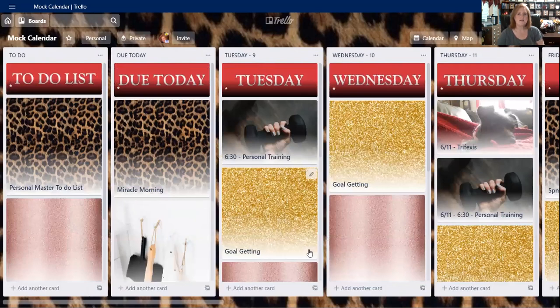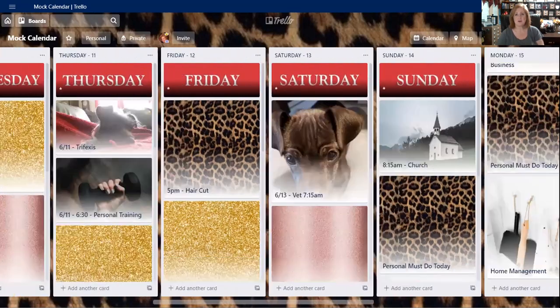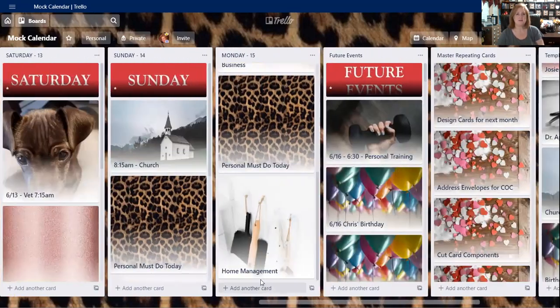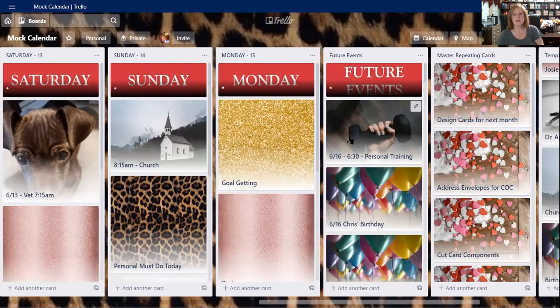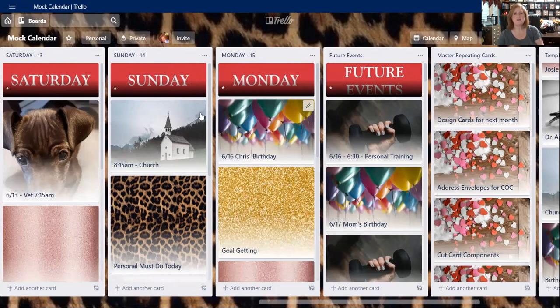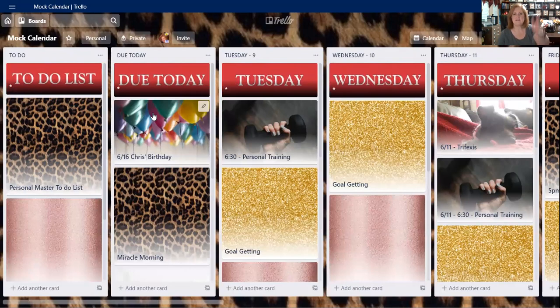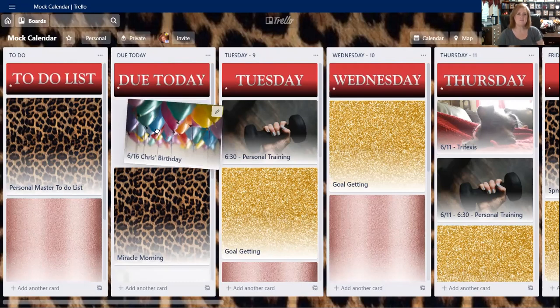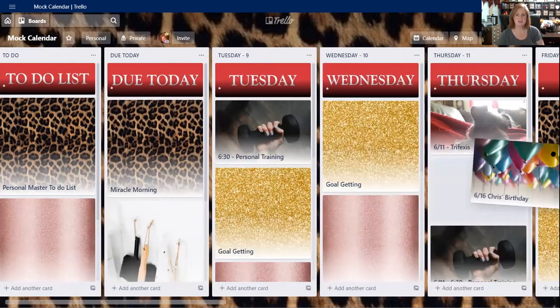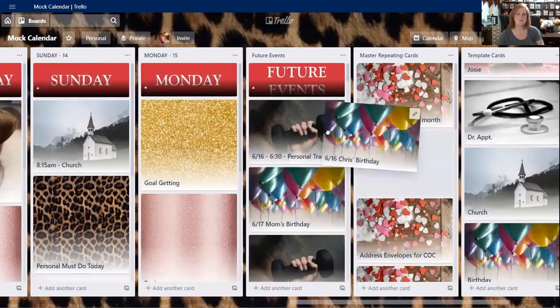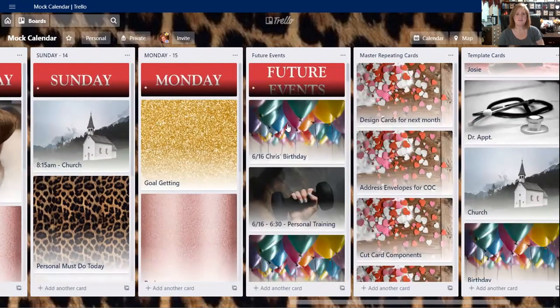Now, when it's a holiday or an anniversary, something annual that's going to recur the next year, like, say this birthday was on Monday. Well, it would be on the due today. So let's pretend today is the 16th, and it's been and gone. Then instead of moving this back to my Tuesday card, I would go back to the future events card and I would put it at the very bottom of my list here